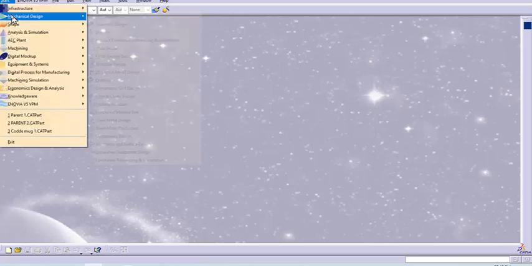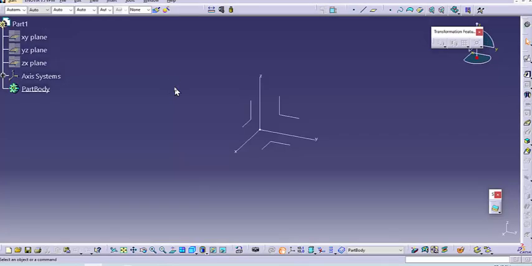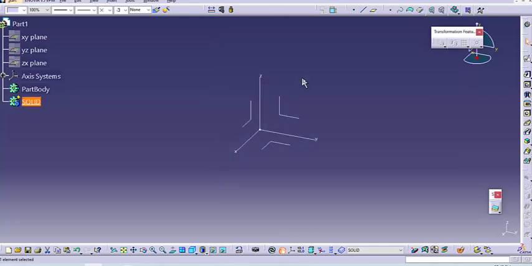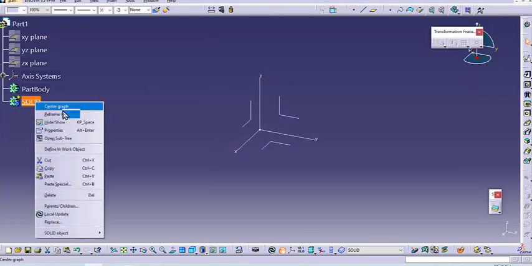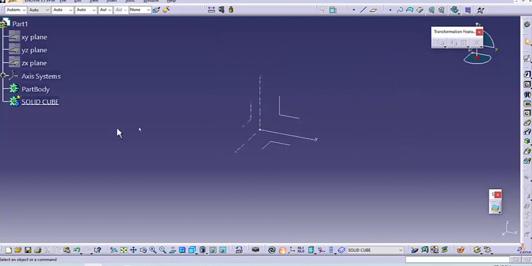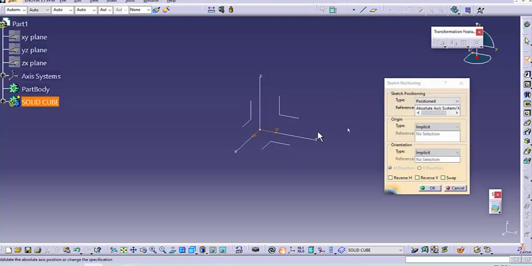So we'll quickly go in the part design. Now we'll insert a new body, we'll rename it solid. Now rename it by solid cube. Go in the position sketch,